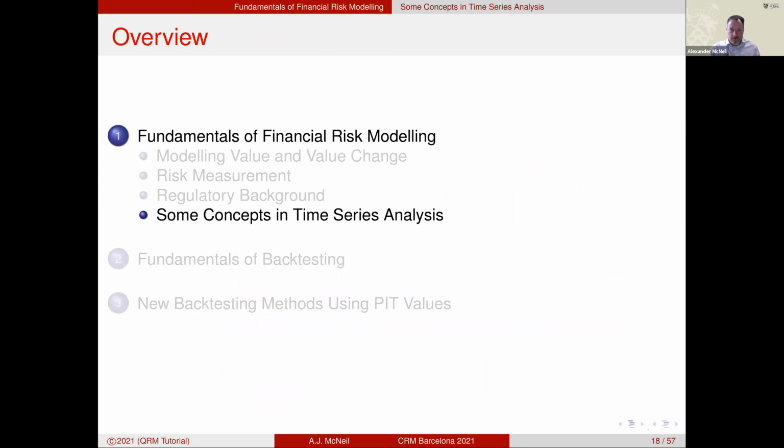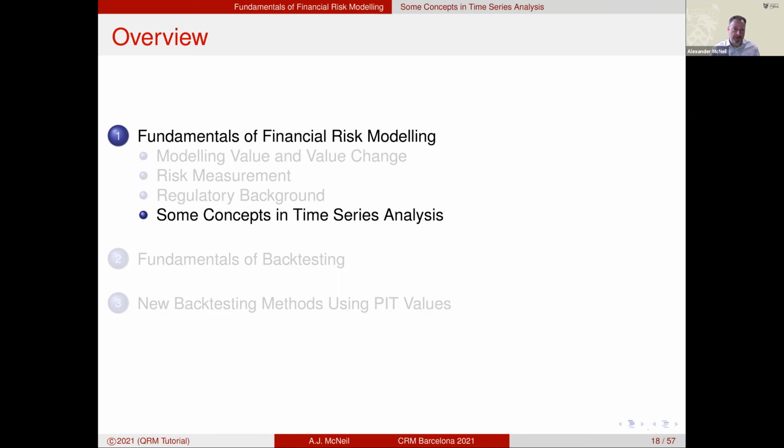And if you want to have a capital charge that is efficient, not too large. Okay, so the final part of this first chapter, I'm just going to mention a couple of concepts in time series analysis which will be helpful when we look at the practical. So we won't go into this too deeply, and some of you might be very expert econometricians, and so this will be something you studied long ago and know very well, but it's just to make sure that we're all on the same page, and we can all have some understanding of the examples I show you.